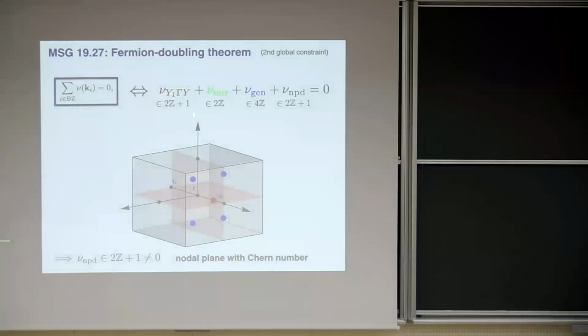So having used these 3 theorems, we have found that in this magnetic space group 19.27, we always must have these nodal planes, and they must have a charge different from 0. So that somehow satisfies my first motivation. Indeed, we have found a possibility where we have a band crossing on a plane with a non-zero Chern number, namely all materials in this magnetic space group will show this. So this is the principle of symmetry enforcement.